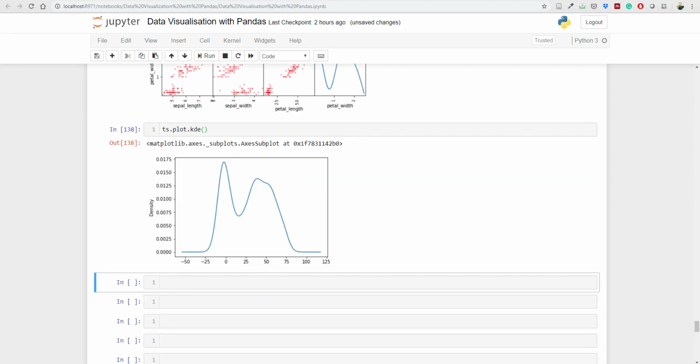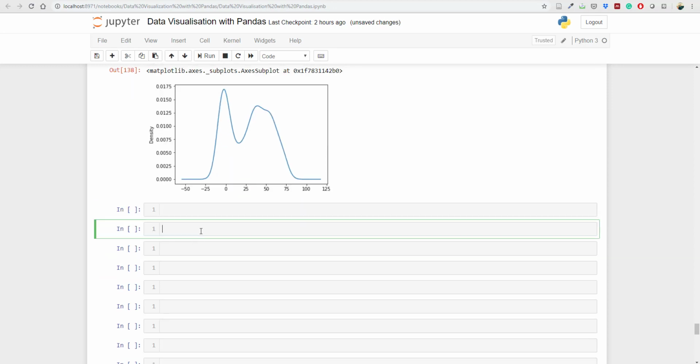And apart from that, there are a few more curves which Pandas can utilize, like the Andrews curves. Okay, Andrews curves allow one to plot multivariate data as a large number of curves that are created using attributes of a sample as coefficients of a Fourier series. So let's go ahead and plot an Andrews curve. To do that, we need to first import Andrews curves, then we need to import that from